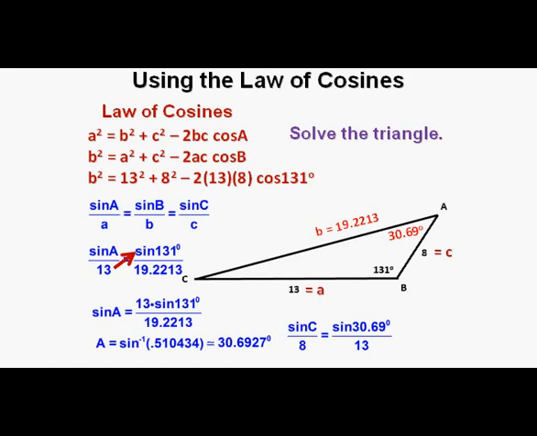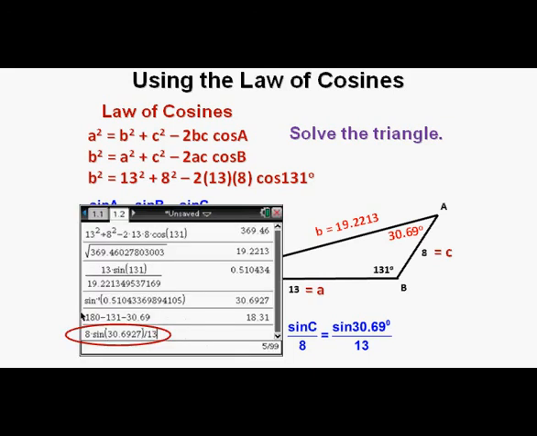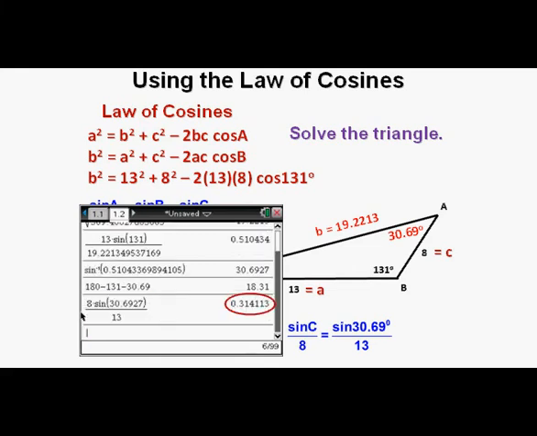But to check our answer of 18.31 degrees, we'll use the law of sines one last time, and in this version it's sine C over 8 equals sine A, which is sine 30.69 degrees over 13. And cross-multiplying the 8 and entering it into the calculator, this is what it looks like. Note that we used 30.6927 for the angle of 30.69 degrees to get a more accurate answer. Press enter. We get the sine of angle C is